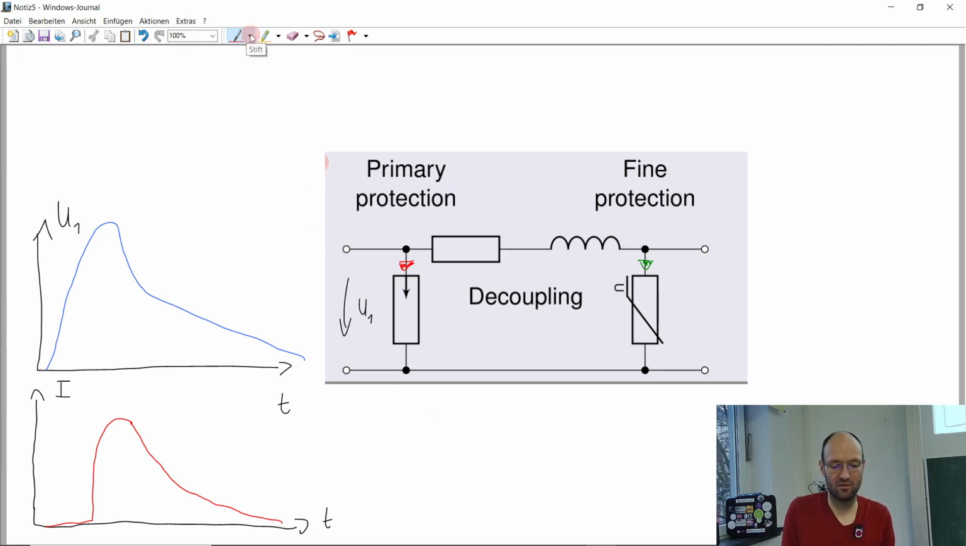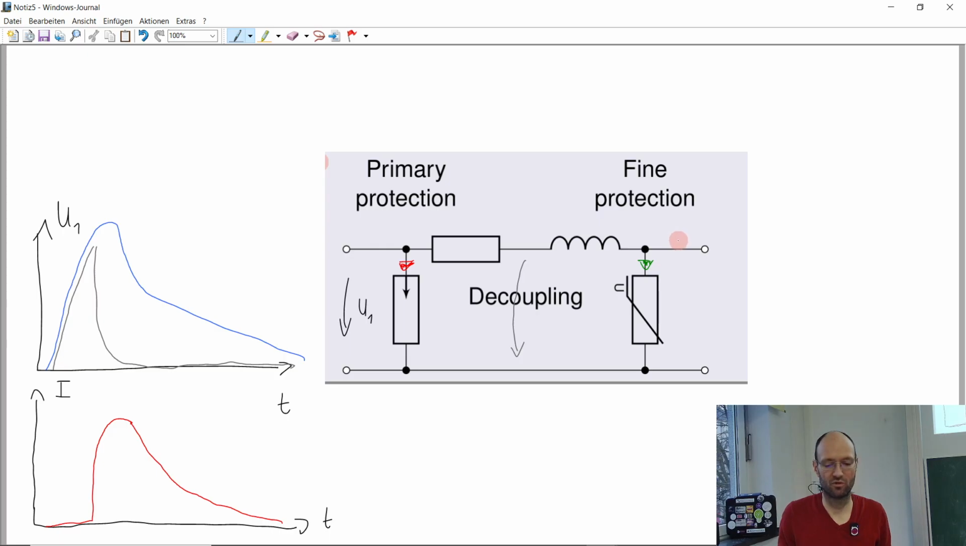So if we take a look at the voltage that we have here at the fine protection, maybe let's say here at this decoupling point in between. So at the beginning, our primary protection is not active, so we get some voltage, but then it's getting active, and then this voltage will drastically go down. But still you have some voltage spike